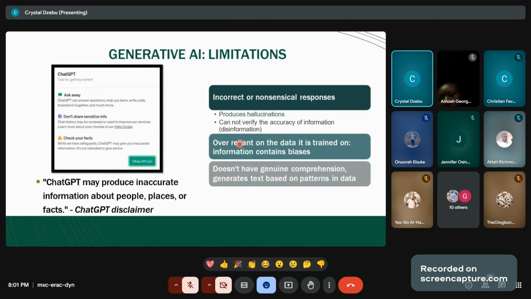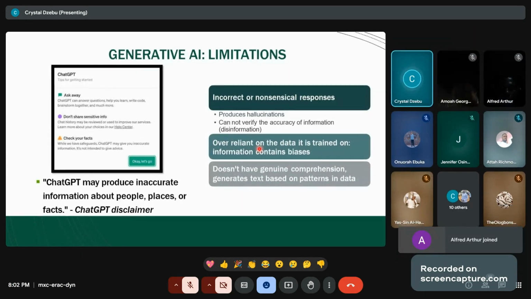Because another one is that generative AI is over reliant on the data that it is being trained on. So sometimes it can contain biases. So, for example, you and I know that the most popular or commonly used language in the world is English. So, most of the data on this generative AI is trained based on English language.